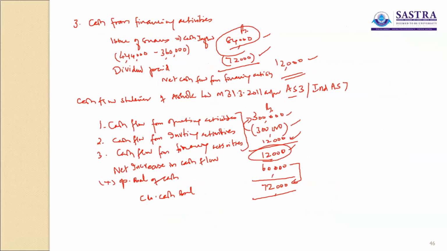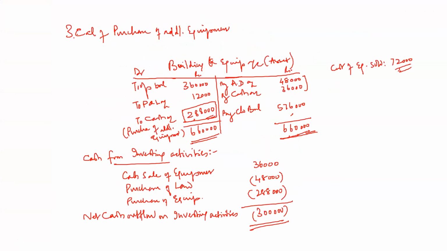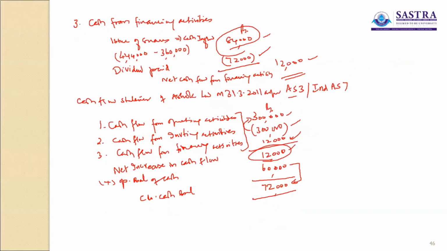As such, the cash flow statement of the firm would remain the same, no matter the method, direct or indirect method. The method of computing cash generated out of operating activities will vary. But other calculations, like cash from investing activities and cash from financing activities will remain the same. There is no change. So this is how the cash flow statement is to be prepared as per the direct and the indirect method.